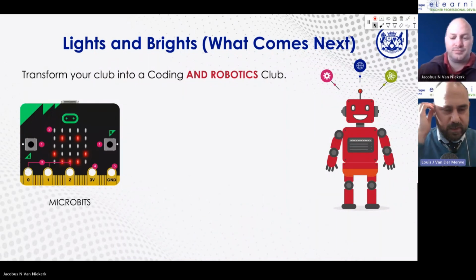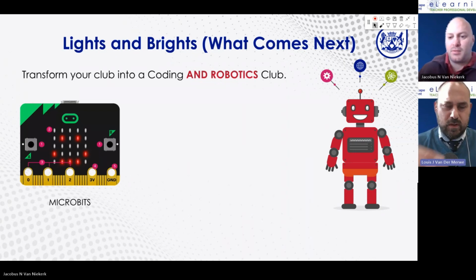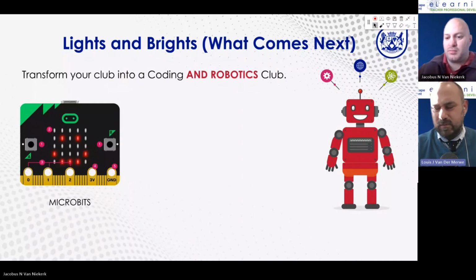From the most simple things like making a little smiley face or a heart that flashes, to what I've seen at Darstop High School. They built a system where a microbit is attached to a wristwatch, and if an old-aged person falls, it detects the fall and sends a message to another device that alerts the nurse to come. It's all these cool things that they've thought of that they can do with these small boards.